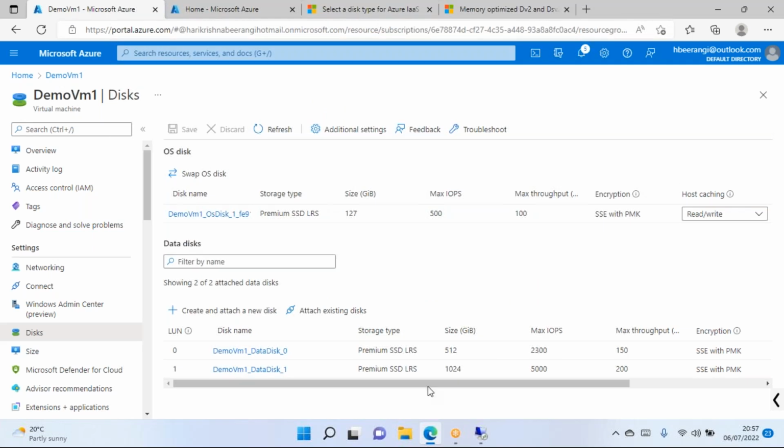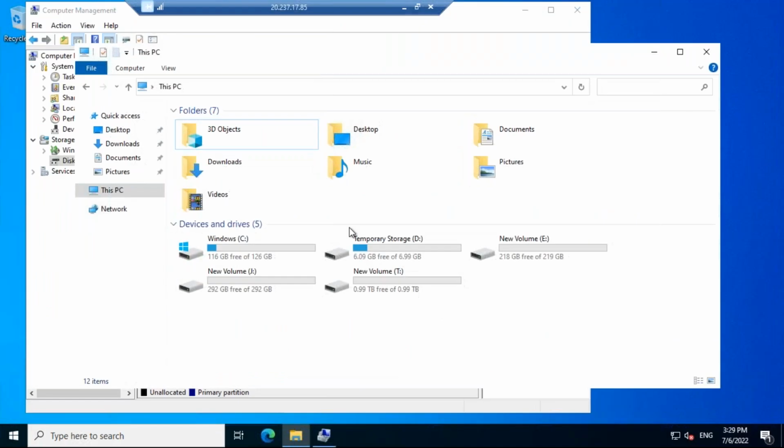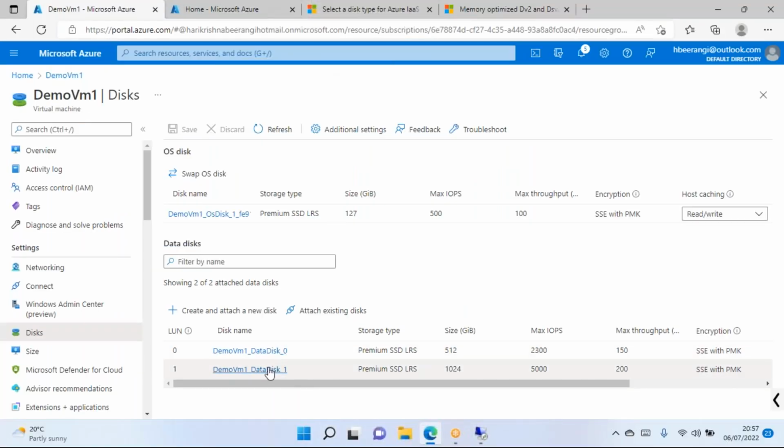Okay, so how to add the disks? We attach them from here. Go to Disks, click on this attach a new disk, and then increase the capacity. Right, so if I want to increase the capacity of this disk, I have got 1 TB, and I want 2 TB on the same disk. Then what should I do? I'll click on this